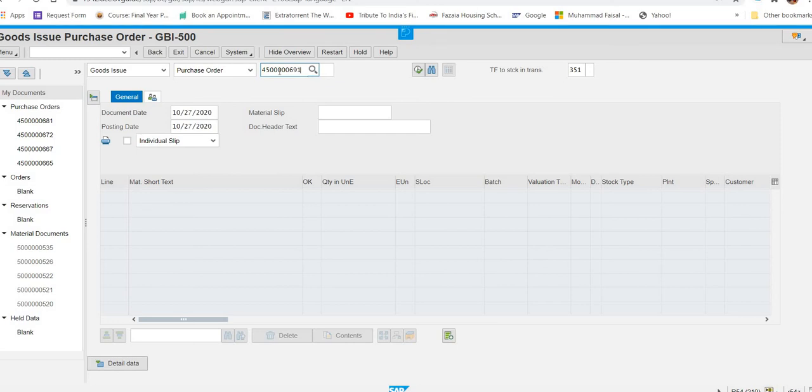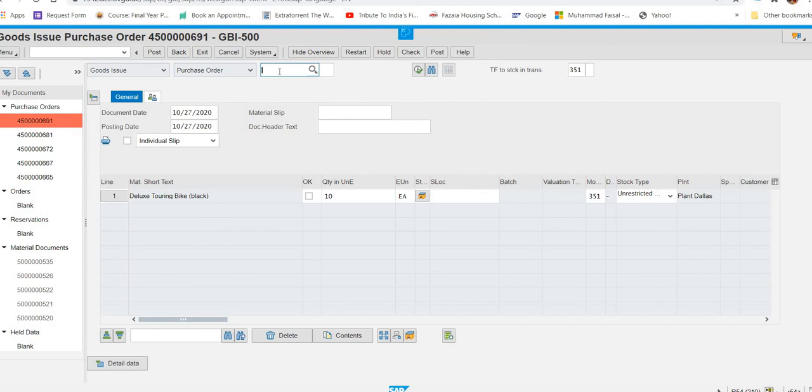And then they are saying, okay, once you enter this, when your order comes up, select okay, and then press enter once you do this. See, now it is there.